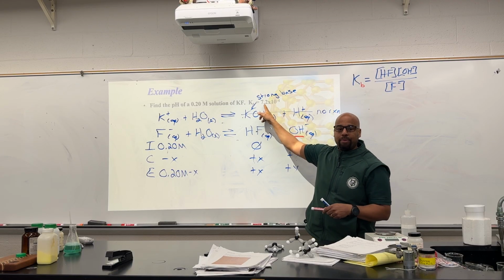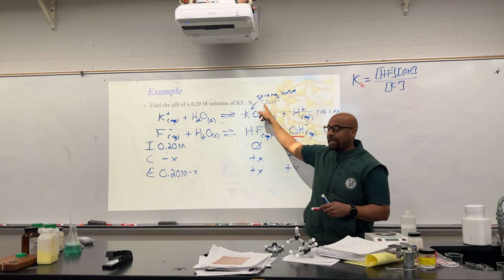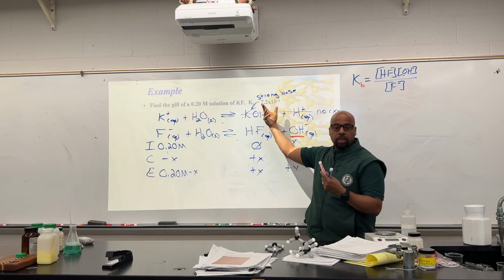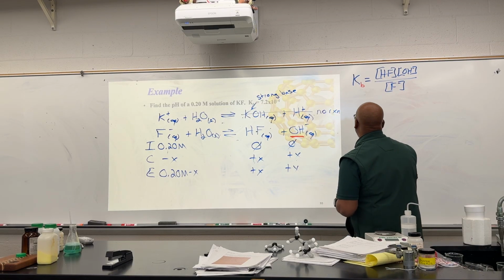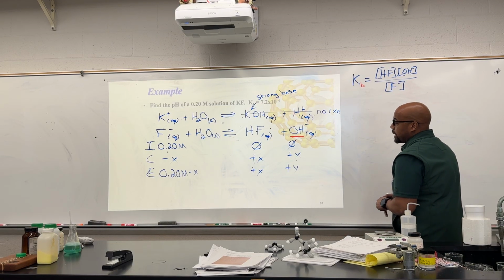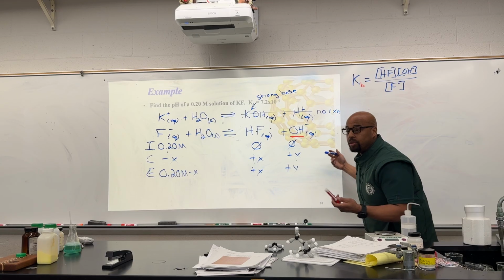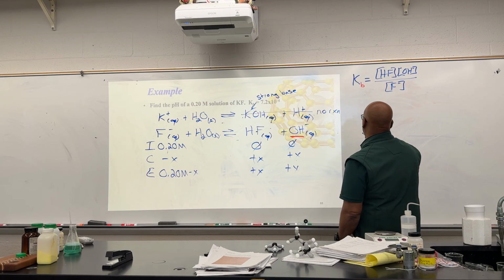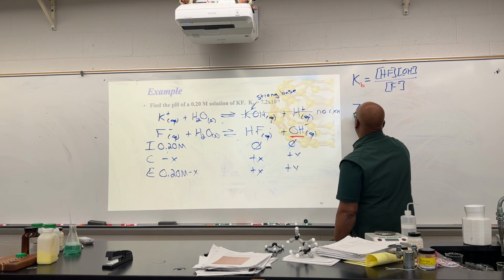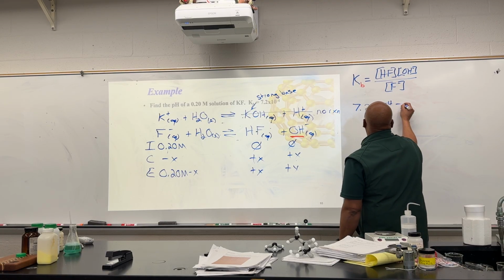I provided you the Kb. Now I could have made this tricky and gave you a Ka right here. Just use the equations, swap it over and make it a Kb in this case. So now I'm home free, because all I do is really substitute in, and then eventually solve this problem. So I'm gonna go in here and say, hey, 7.2 times 10 to the negative 4 is equal to,